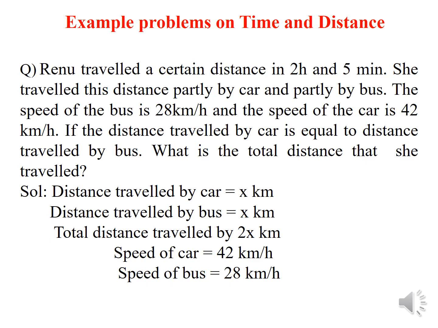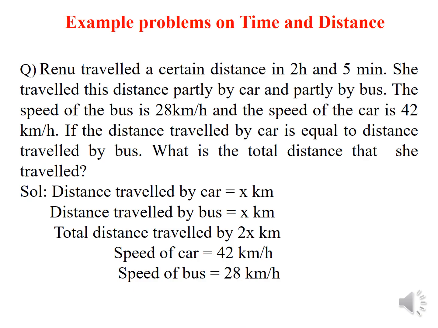Let us see some example problems on time and distance. Renu travelled a certain distance in 2 hours and 5 minutes. She travelled this distance partially by car and partially by bus. The speed of the bus is 28 km per hour and the speed of the car is 42 km per hour. If the distance travelled by car is equal to the distance travelled by bus, what is the total distance that she